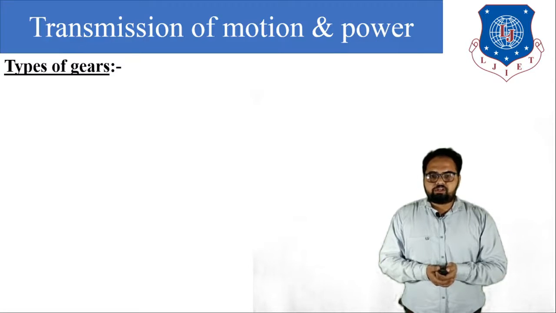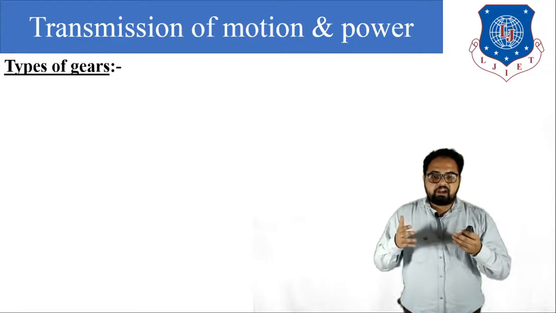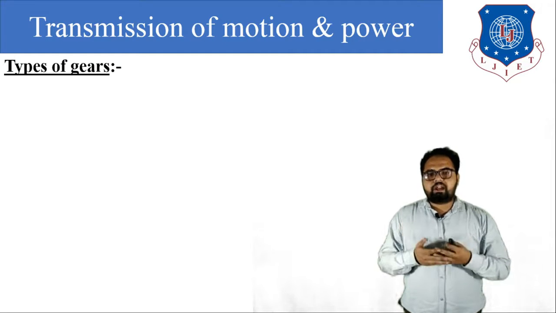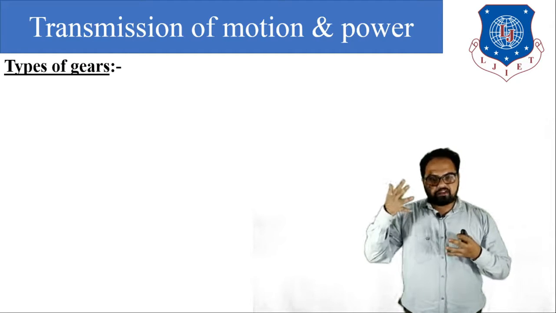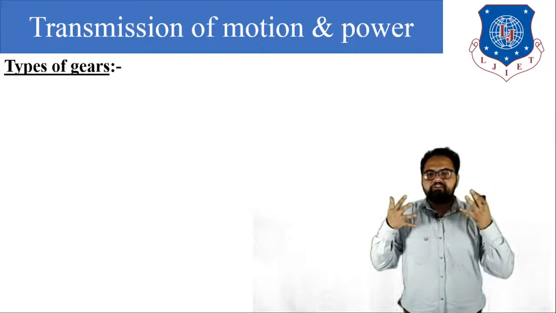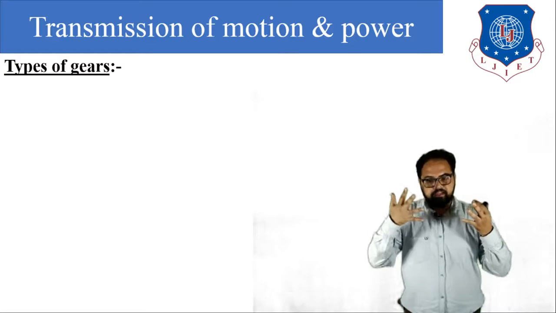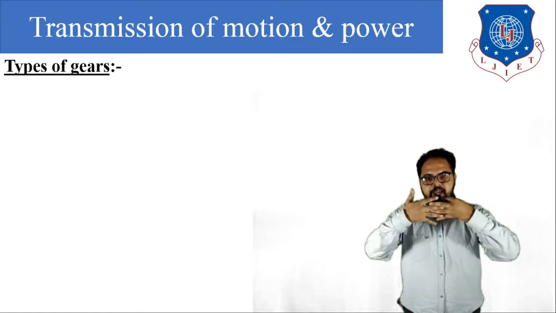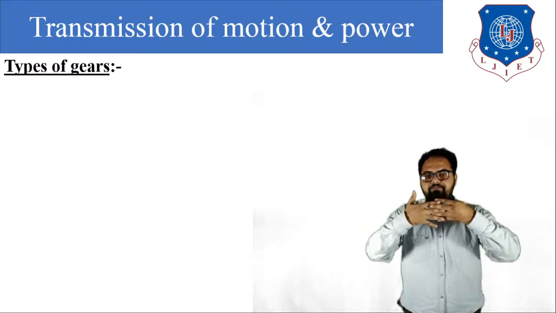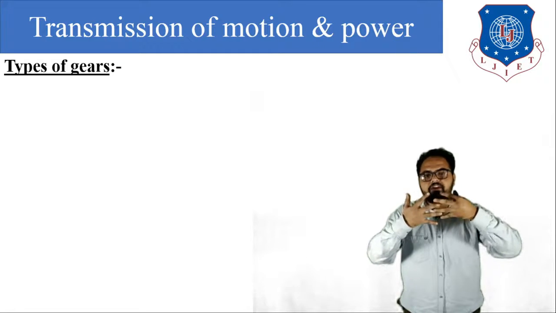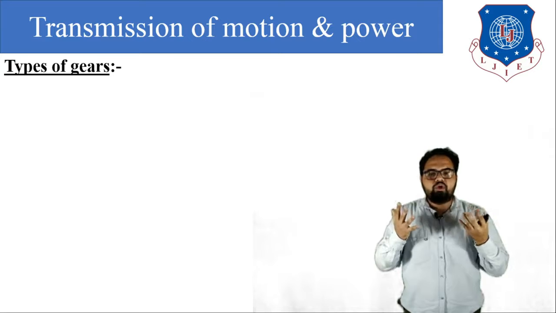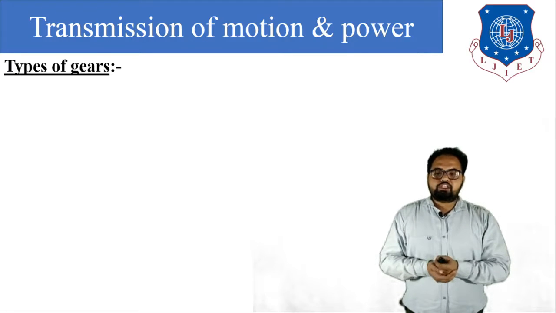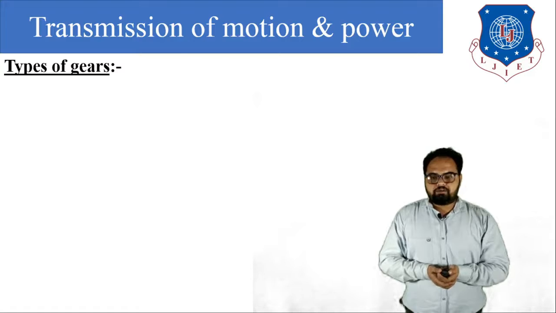First of all, gear drives are known as positive contact drives, and in a gear drive there are two gears, one is the driving gear and the other is the driven gear. When the driving gear and driven gear are both fixed and in mesh with each other, if we transfer the power to the driving gear, the driven gear is also rotated but in the opposite direction, and in this way the transmission of power takes place.